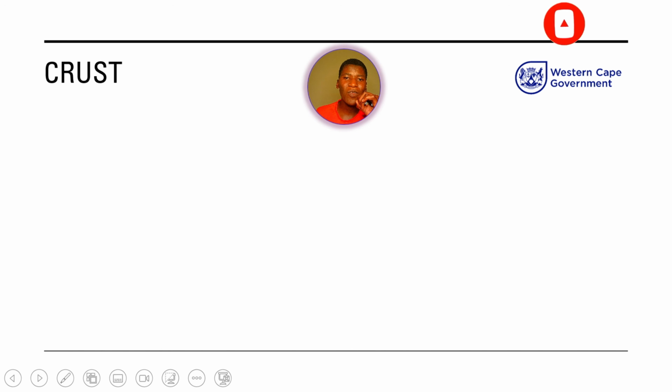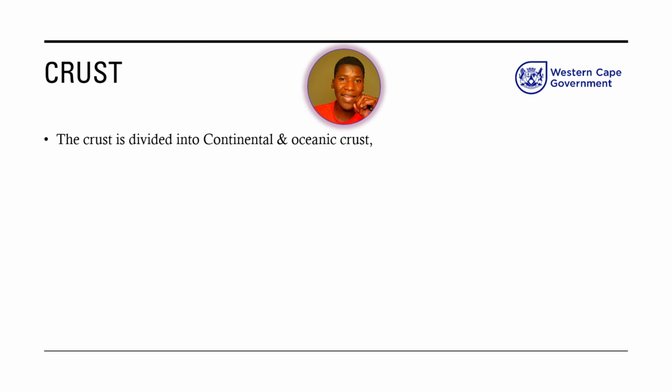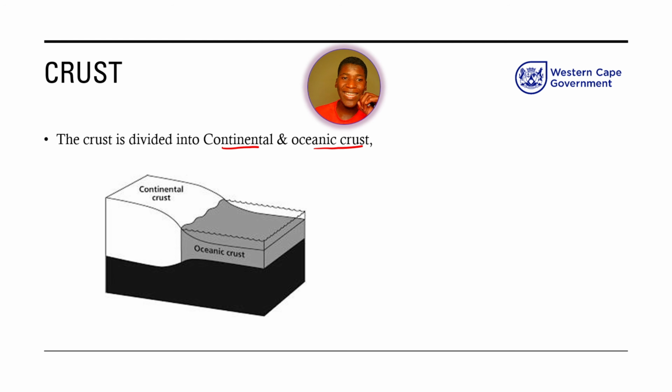So now let's just look at the crust itself, because that's where we are at. So let's just try to analyze what happens with where we are, which is the crust. Now at the crust, we actually can divide the crust into two parts. We have got a continental crust as well as an oceanic crust. Remember, I've already told you that when you say that we are in a continent, it just means that we are over the land. And then we are in an ocean, it means that we're over the seas and the oceans. So the crust is divided into two sections or two crusts.